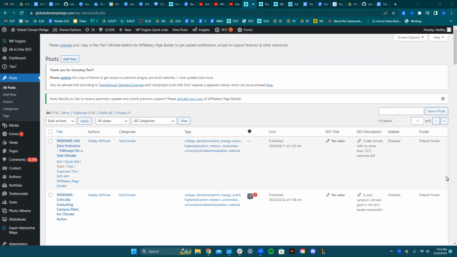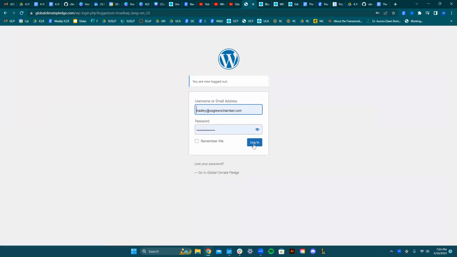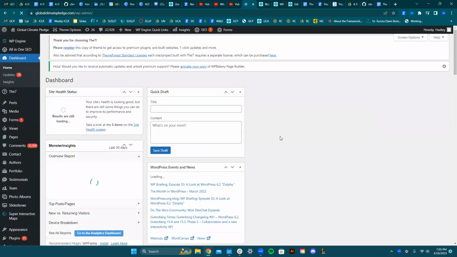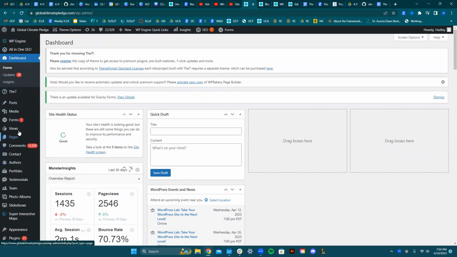Okay, so this recording is about how to post a blog post. When you sign into the Global Climate Pledge, you'll be signing in on a web page like this. It takes you to this dashboard. And again, you might see fewer things than I have up, since I am an admin, but you'll go over